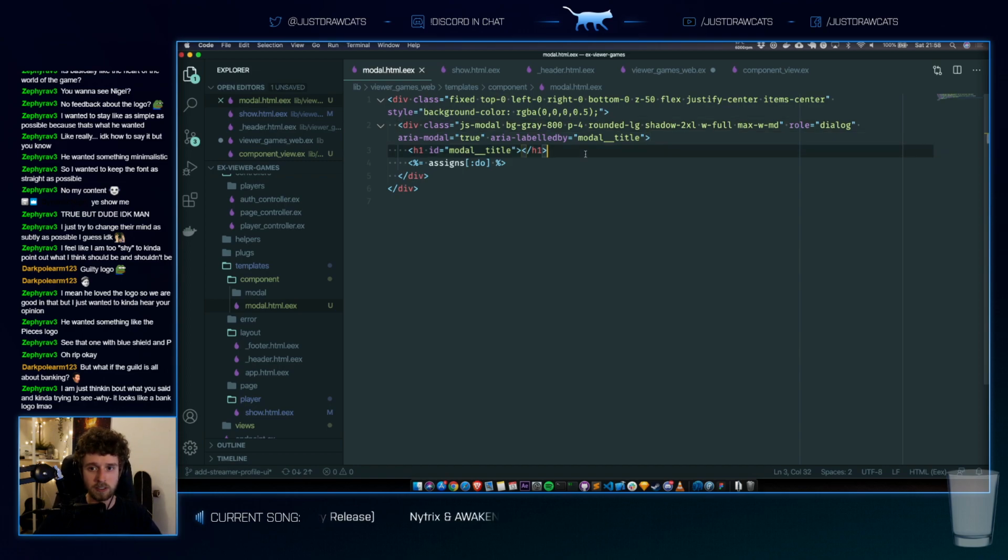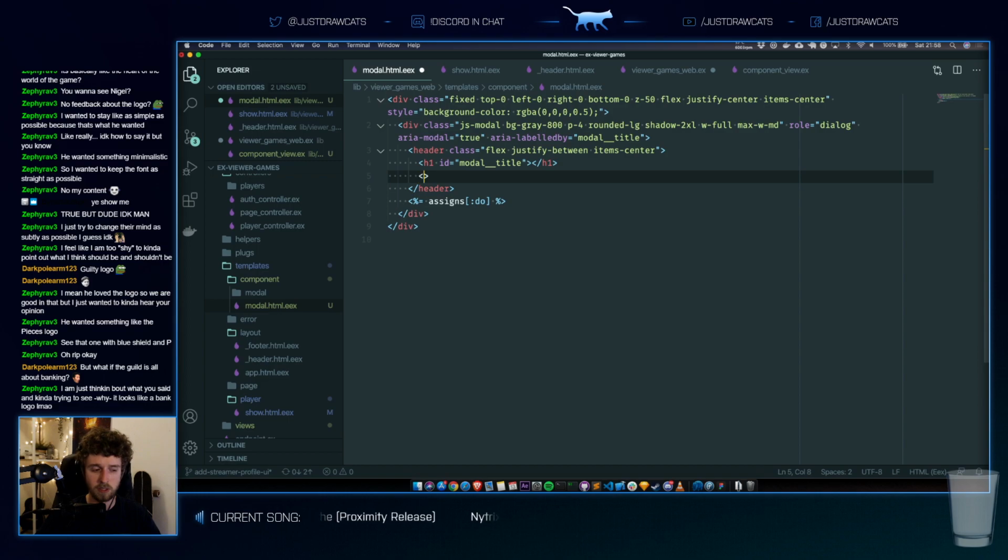We need a header here. And we need this to be flex, justify between and item center. And then we need a button.